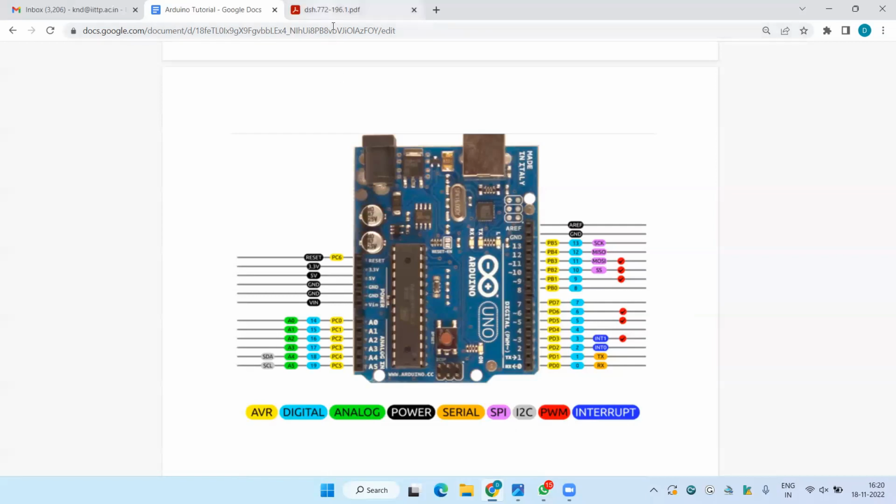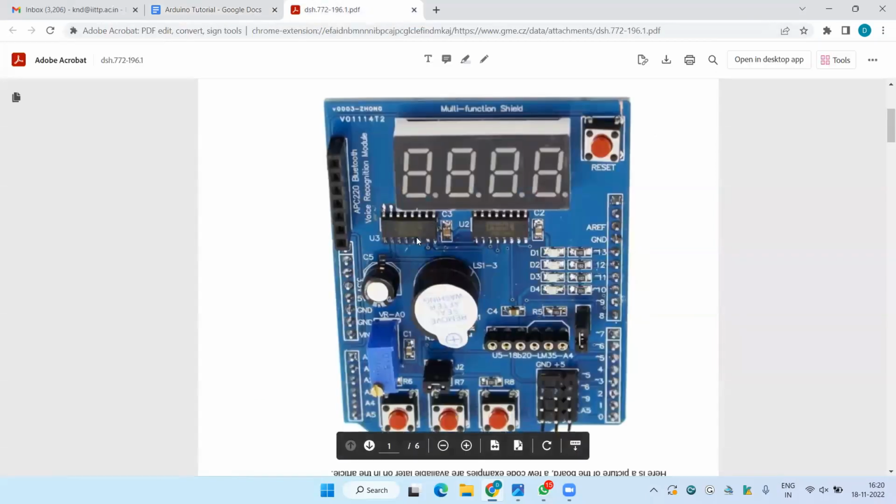Now coming to the multifunction shield. This is the multifunction shield, which you are now going to use. It is a layer on top of the Arduino. On top of the pins of the Arduino, you will just fix this multifunction shield. It consists of, you can see,